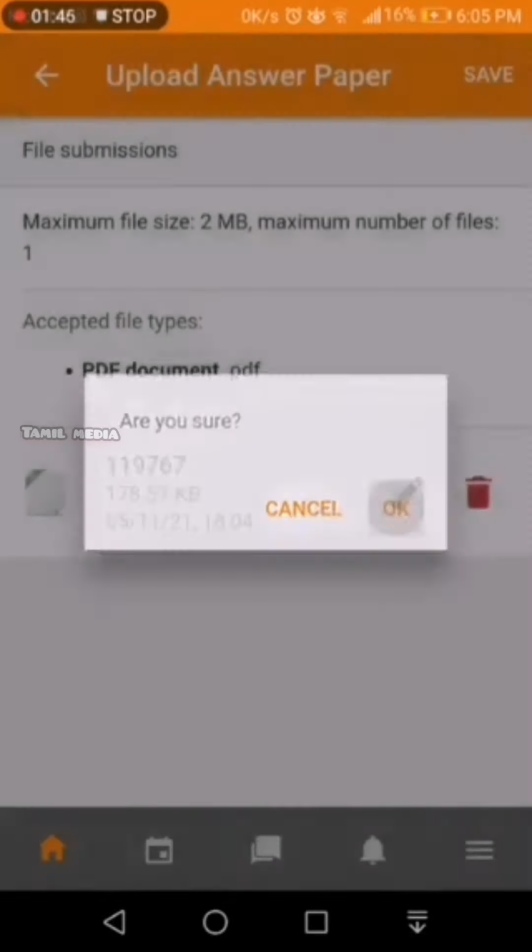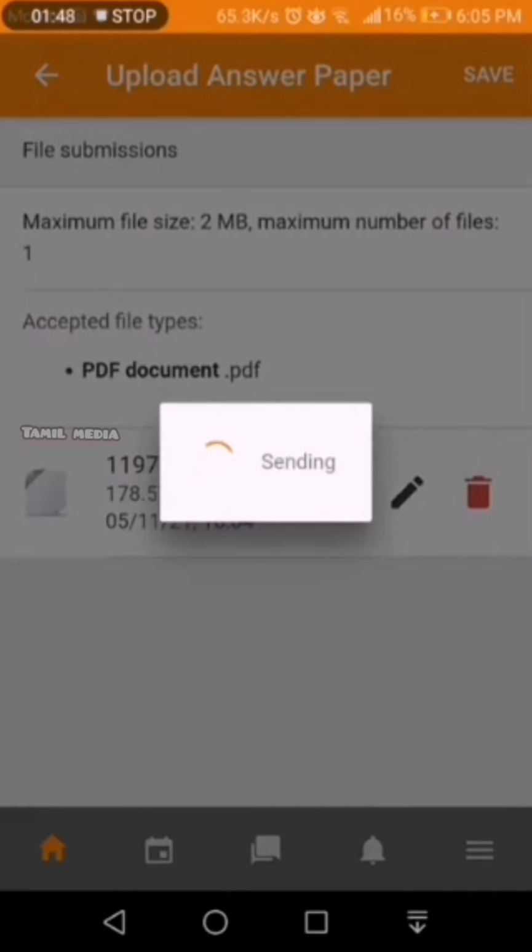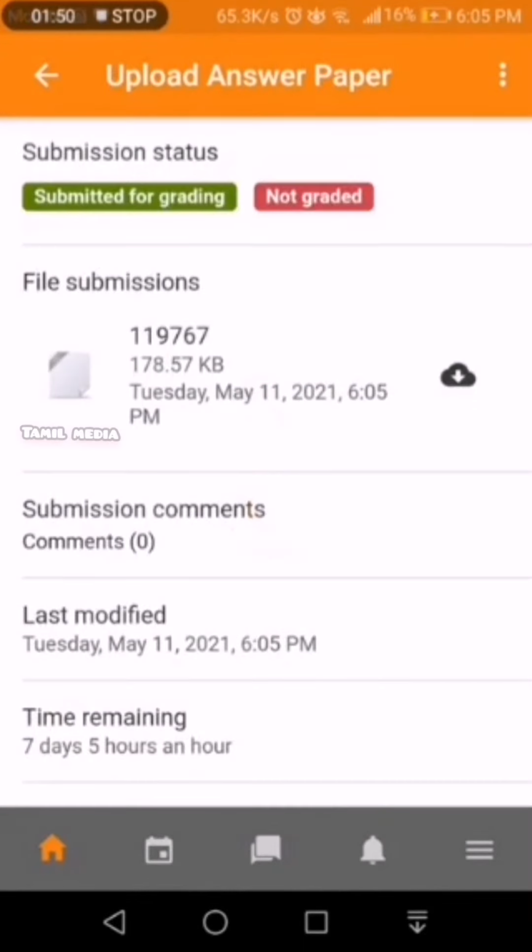Click OK. If your upload is successful, your submission status will now show submitted for grading, and your file will be here.